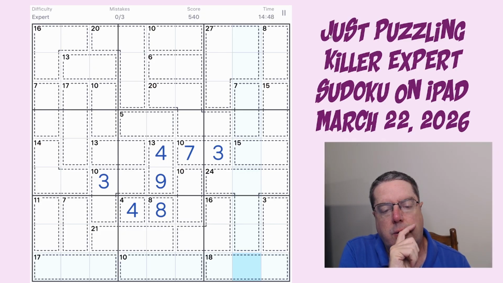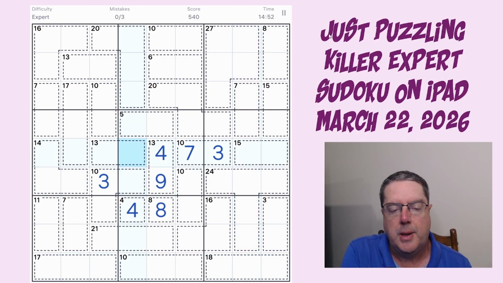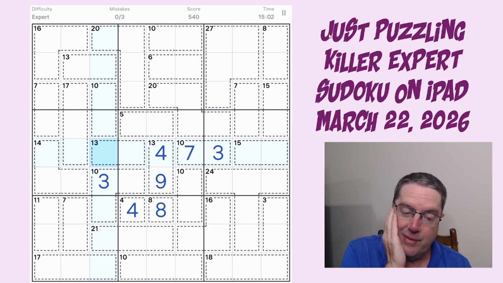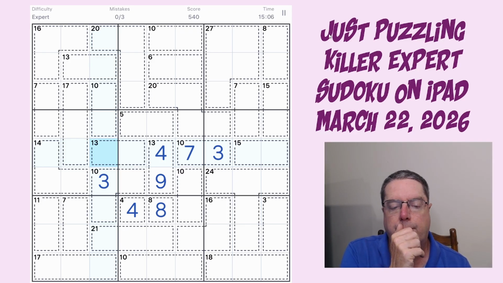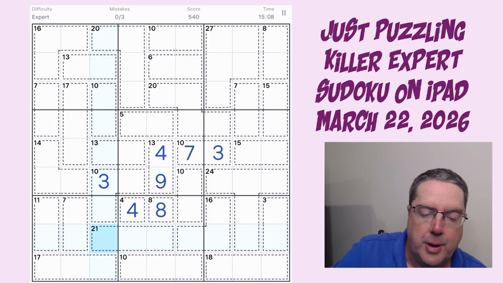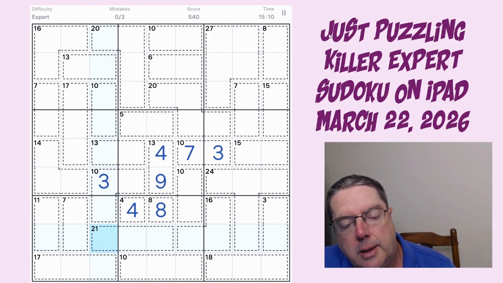1, 2, so 5 can't be here, 5 can be here, so 5 is either here or here. 5's 2 can't be there with a 5. So 6 and 1. 9's a logical number in there, but I'm not actually. If this is 2 and 8, then it can be 9. It can't be 9 and 4. 8